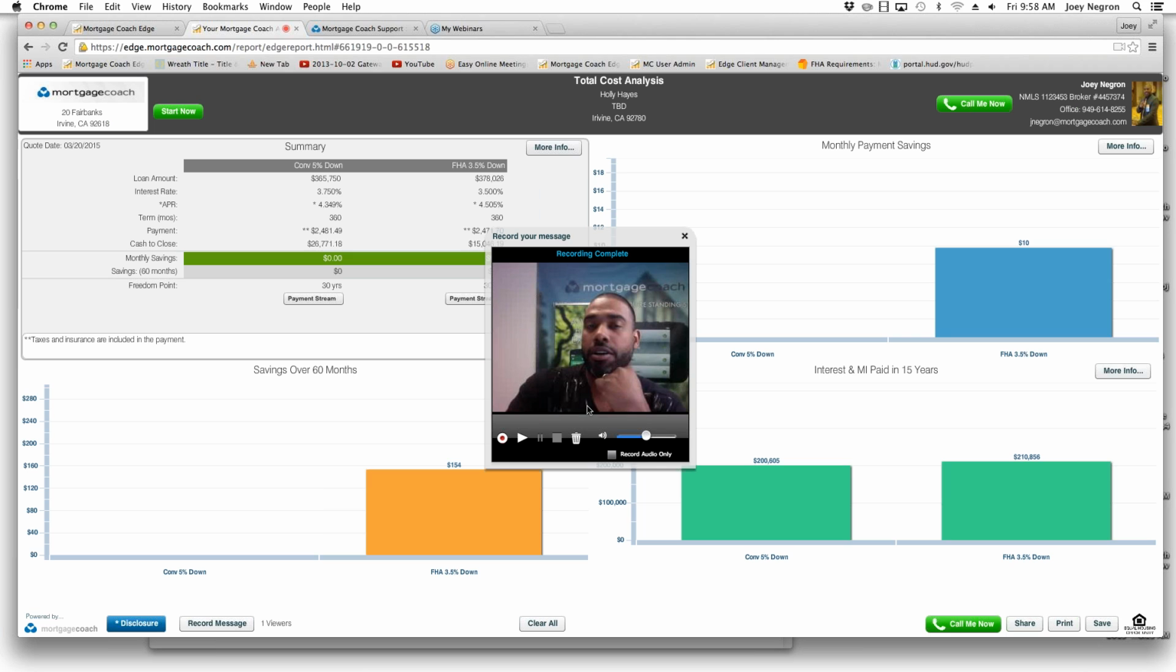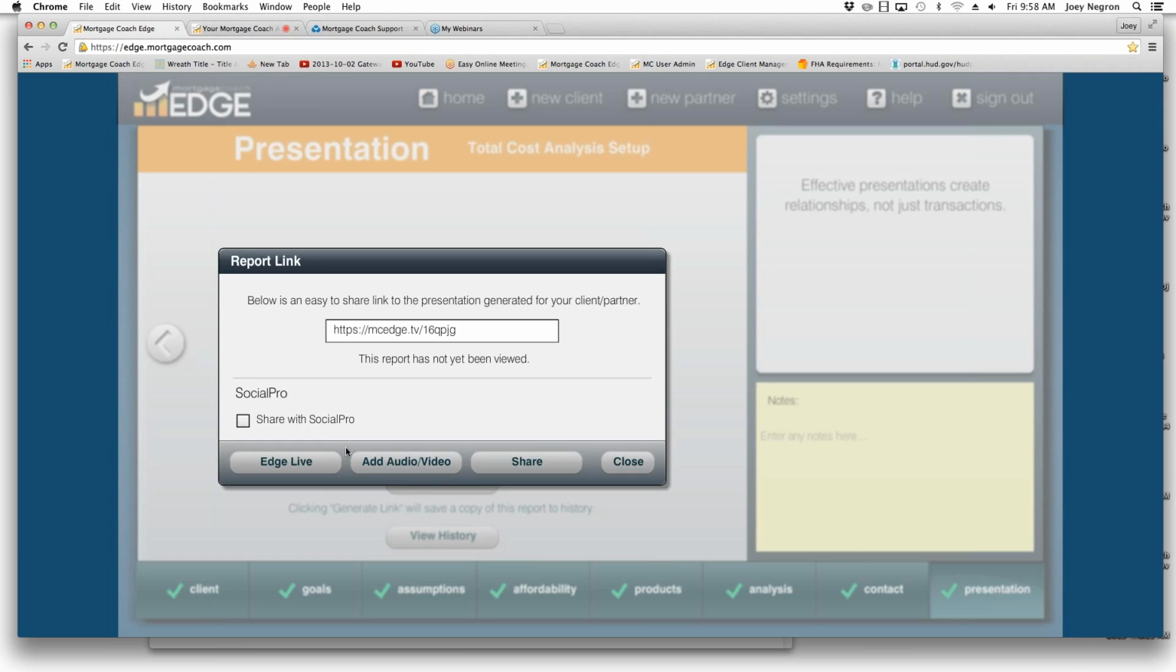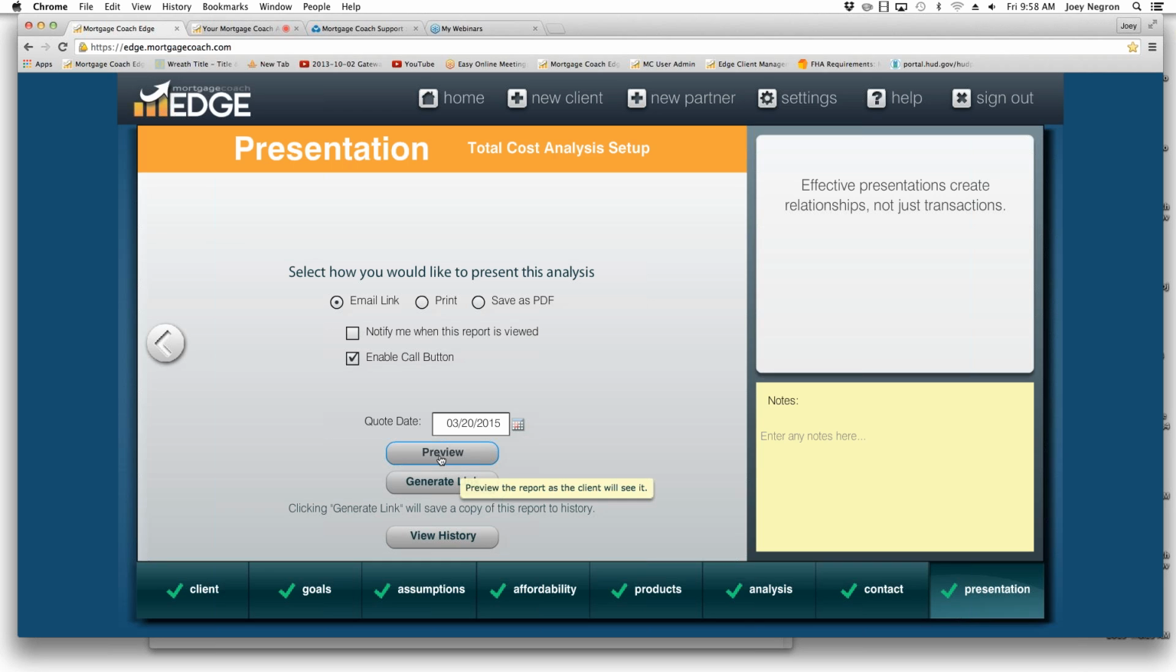Now, I'm going to go ahead and stop this. Now, how long do you think that was? If you want to see how long that video was, I'm going to close this out here. I can go back into the Edge tab. Anytime you generate a link or you're going to add video, your Edge system will still stay intact, but it'll add an additional web browser for you. Okay, so I'm going to close this, and anytime I'd like to see how long the video was, I can click preview here,